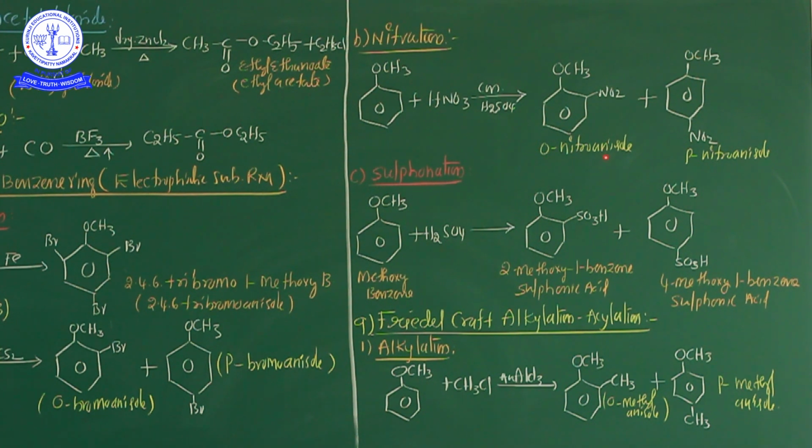Now this is called ortho-nitroanisole. In this compound, it is anisole, but the nitro group is located in the ortho position. Additionally, this is anisole with the nitro group located in the para position. So, important one: what is the full form of anisole? Methoxybenzene. Methoxybenzene treated with a mixture of concentrated sulfuric acid and HNO3 releases two different products. Number one, ortho-nitroanisole. Second one is para-nitroanisole. This is the nitration process.